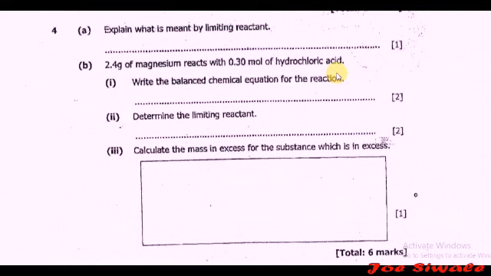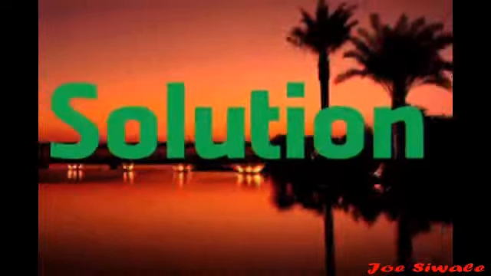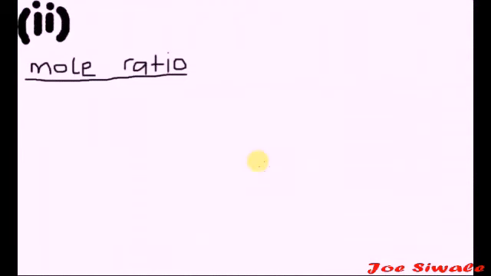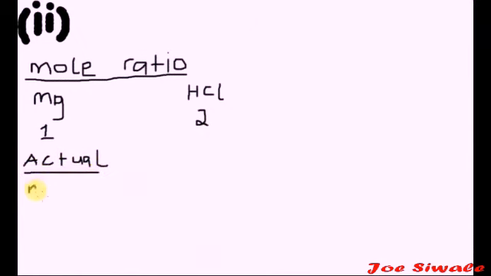Question B, Roman numeral 2 says, determine the limiting reactant, 2 marks. To answer this, the first thing is to write down the mole ratio between magnesium and hydrochloric acid from the balanced chemical equation. So from the balanced chemical equation, the number of moles of magnesium is 1 and the number of moles of hydrochloric acid is 2. And the next thing is to compare the actual number of moles that will take part